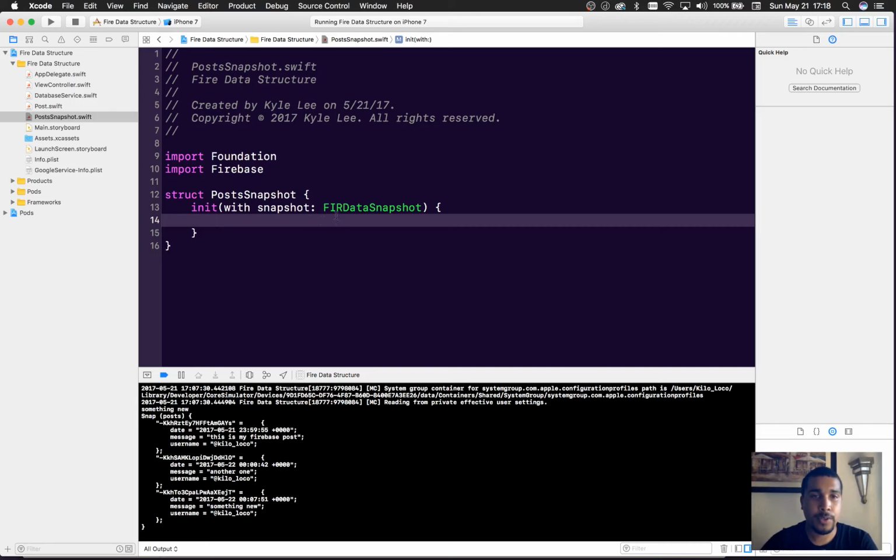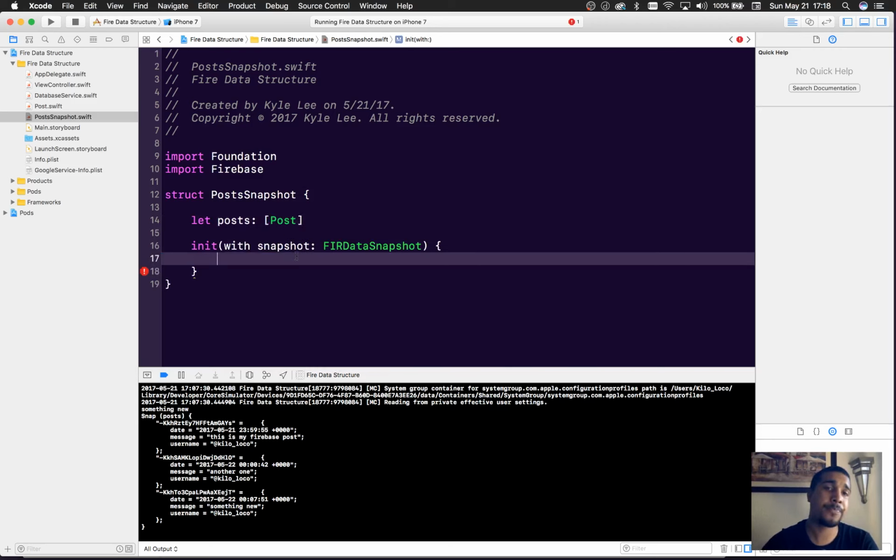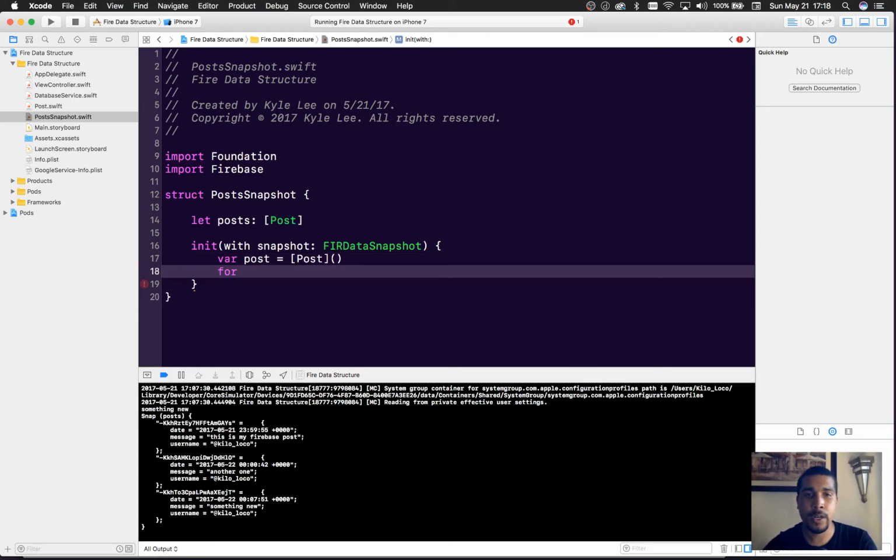Okay, so what we're going to do is have a property up here called posts, and this will be of type array of posts. Yeah, makes sense. I hope so. And then for this, we will say var, since we can't map our dictionaries in Swift in a simple way, we'll do var posts is equal to an empty array, and then for snap in snapshot,